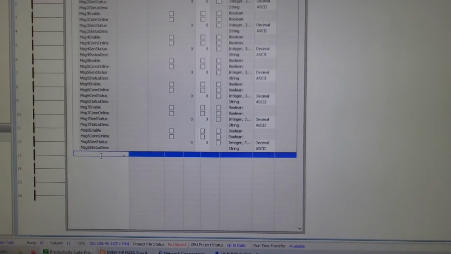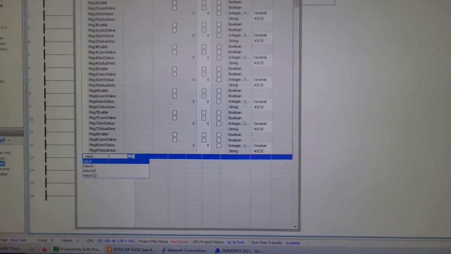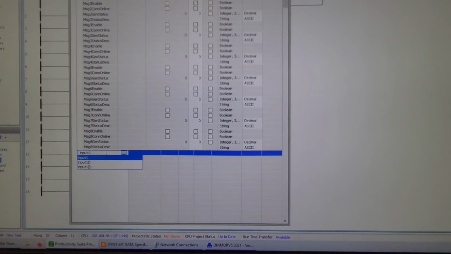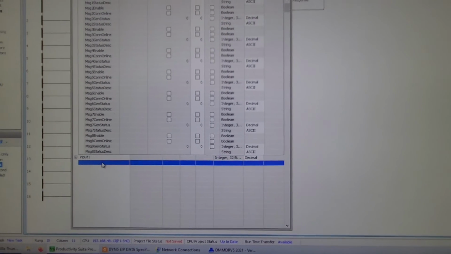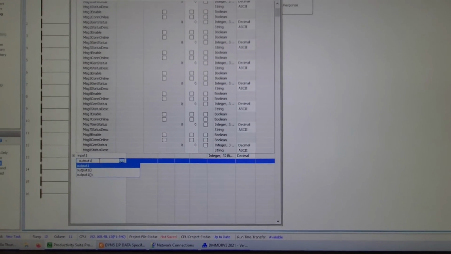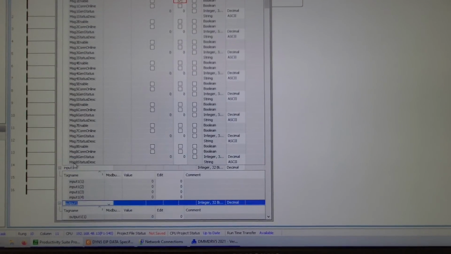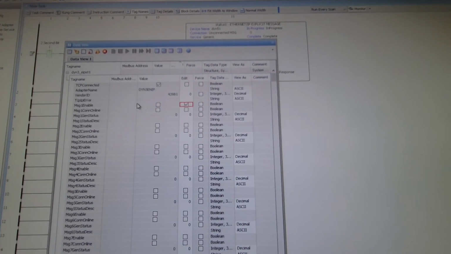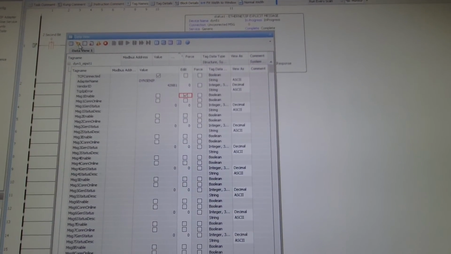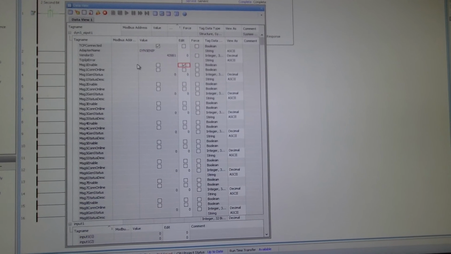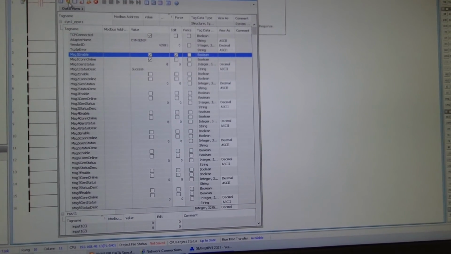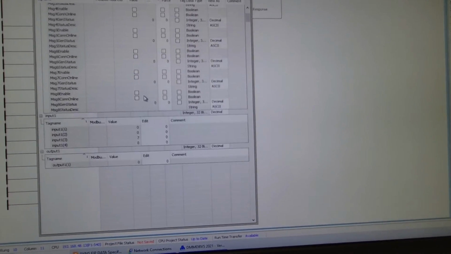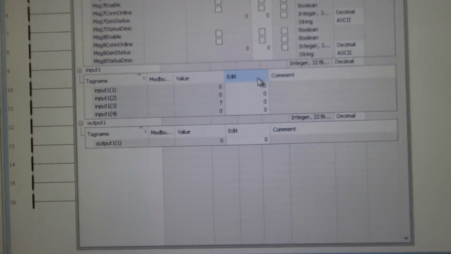Actually, before that, let's put in our data here first. Our input was called input 1, and our output was called output 1. So these two are all set up, with data displayed right here. As soon as we enable this message 1 and write to the PLC, send this edit, message 1 is enabled, and we can see the IO data coming in